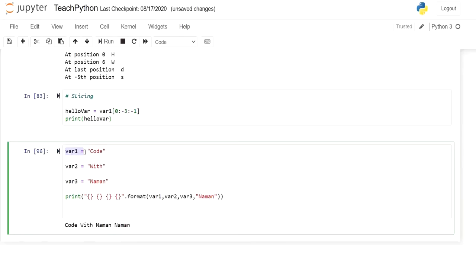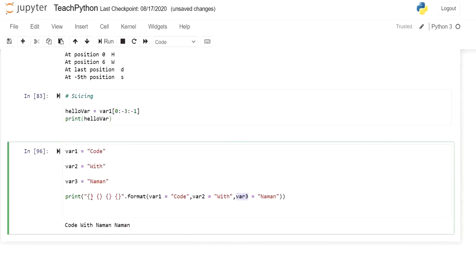So one more thing, if I want to print these variables in my own order, not following this sequence, what will I do? Let's check that one as well. So this is the second way we can do it. We have 3 variables.